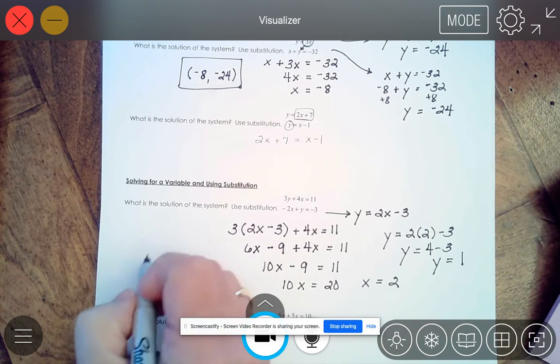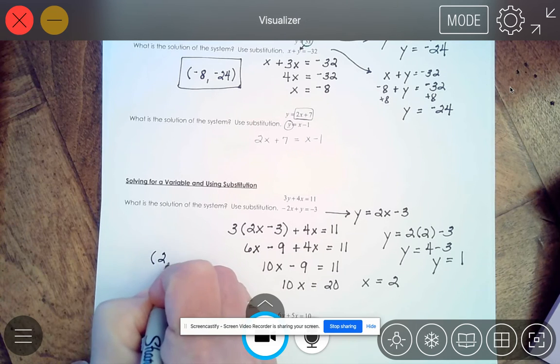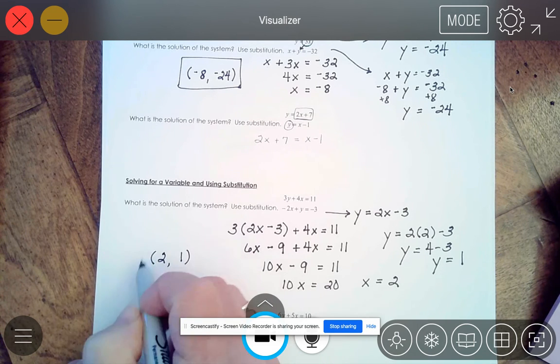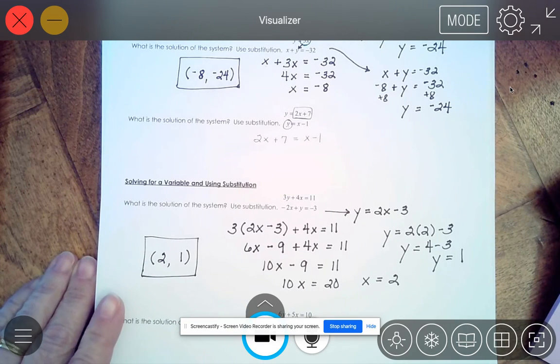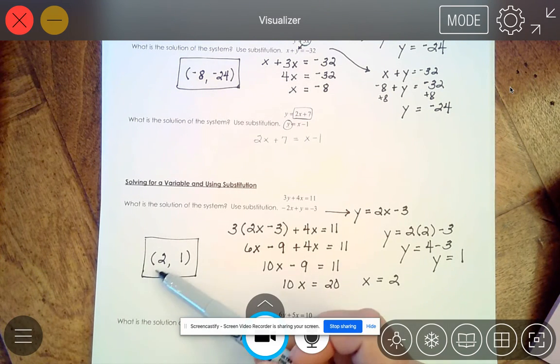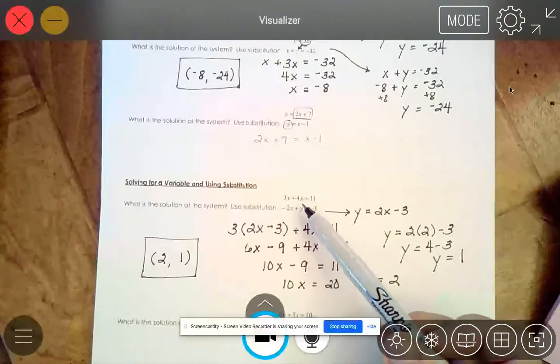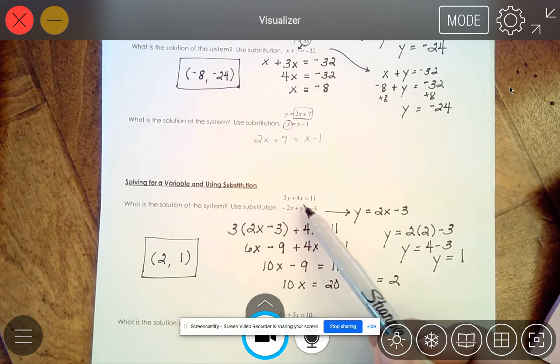So I have an x value of 2 and a y value of 1. And that is the solution to this system. If I put the value of 2 for x and 1 for y, it would make this true. If I put them into this equation, it would make this true. So that is how to solve a system by